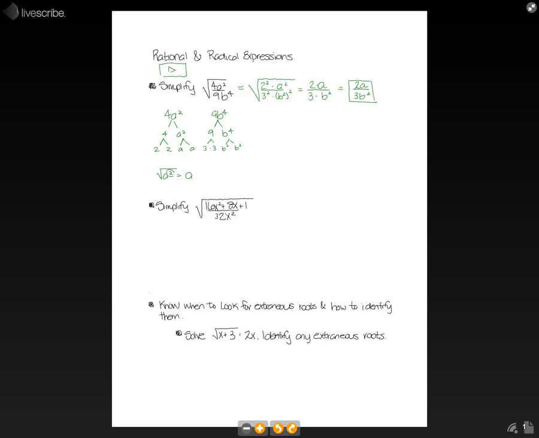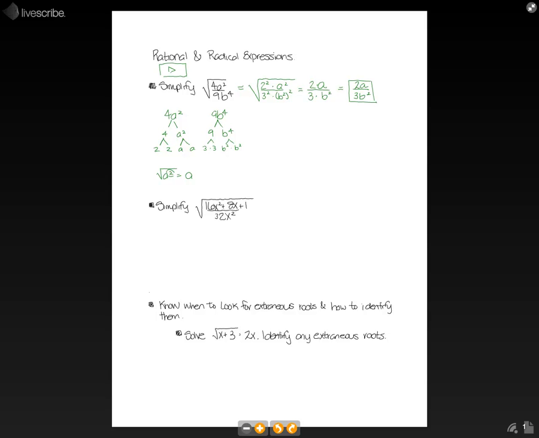Let's do another one. We're asked to simplify the square root of 16x squared plus 8x plus 1 all over 32x squared. This is a little bit more complicated, because instead of having everything multiplied together, we have more than one term added together, so we have to be a little bit more careful. Again, we're going to be looking at the numerator and the denominator, and probably using a factor tree. However, we need to first look and see, okay, we have a 16x squared plus an 8x plus a 1, and that looks like it could be a quadratic